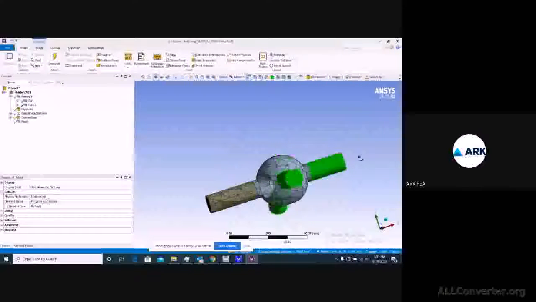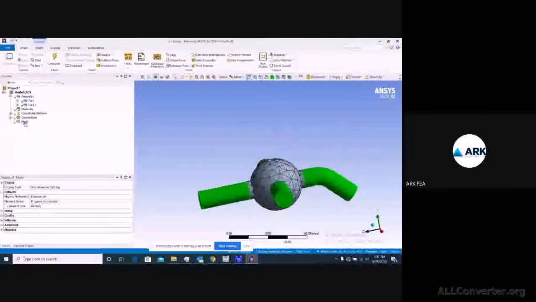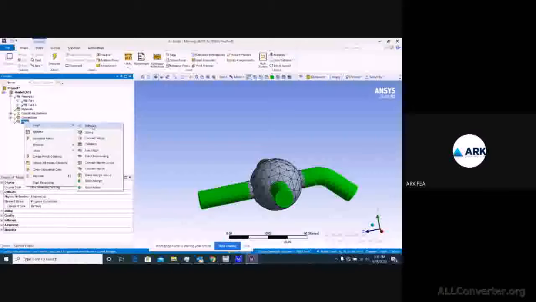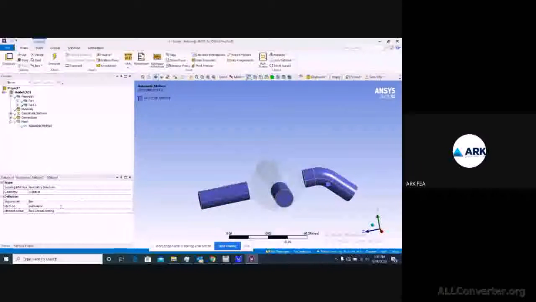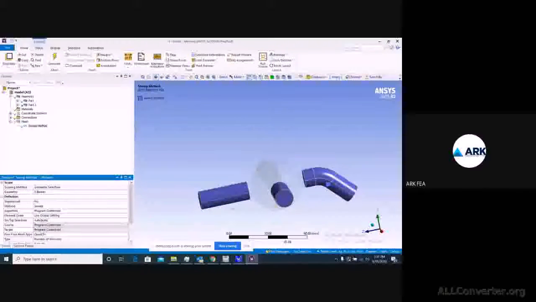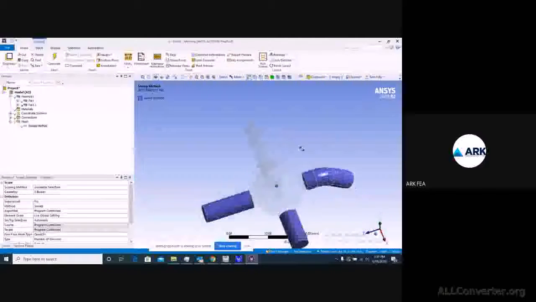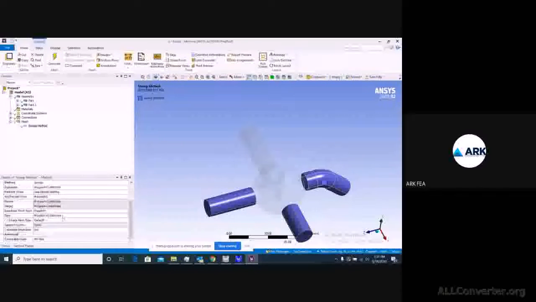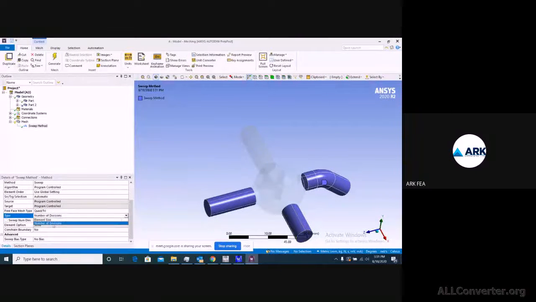So these are the three bodies which are capable enough to have a sweep kind of mesh. So we'll directly go to mesh, insert, and we'll add the same method to this one, like go with sweep. Right, so we have taken this sweep, and you can define, as I told you, number of divisions, or based on element size you can define it. So right now it is by default.